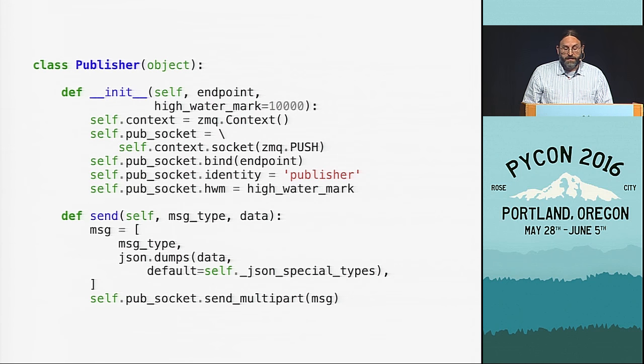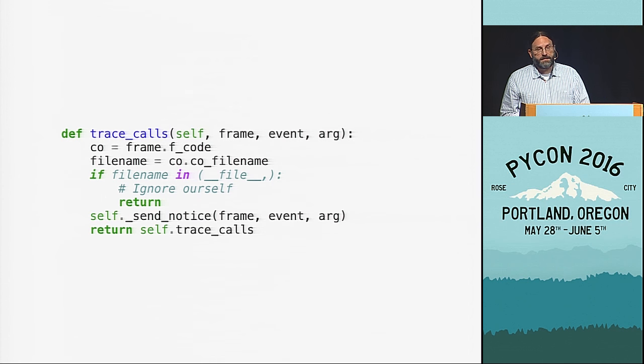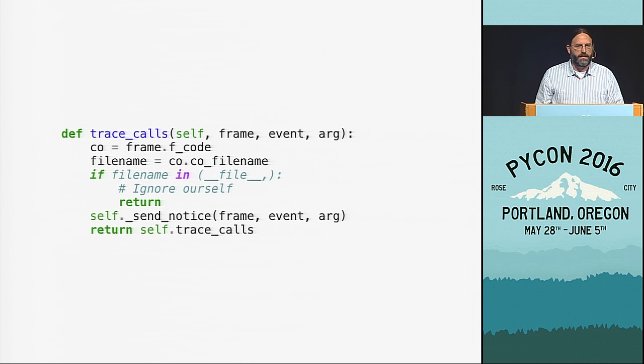So after I had those implemented, I created a tracer class. That works by tapping into the sys.settrace function in Python so that every time the Python interpreter does anything with your code, it calls this function that you've registered as a callback, and it passes it the stack frame that's being executed and an event that is a string that tells you what it is that it's doing. So it'll be like it's calling a new function, or it's returning from a function, or it's just executing a line or something like that. So using this, I was able to collect all of the information about what the program was doing.